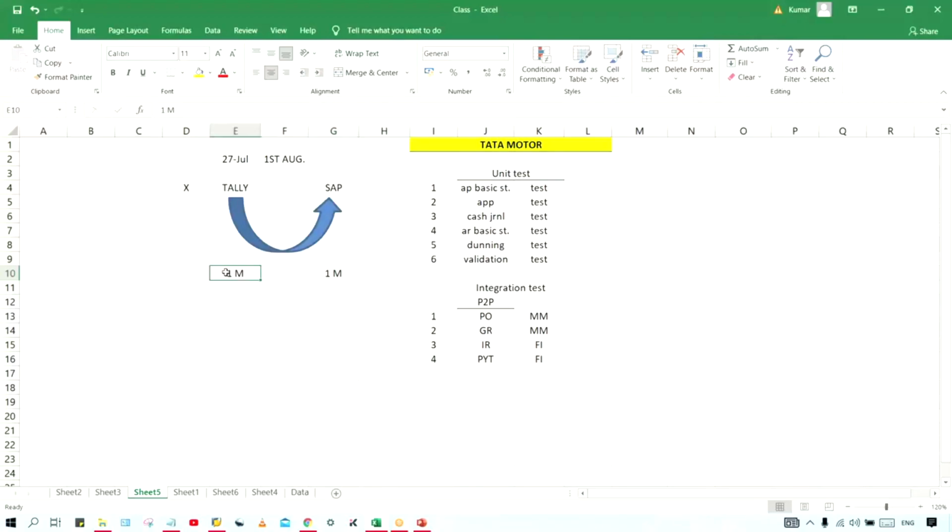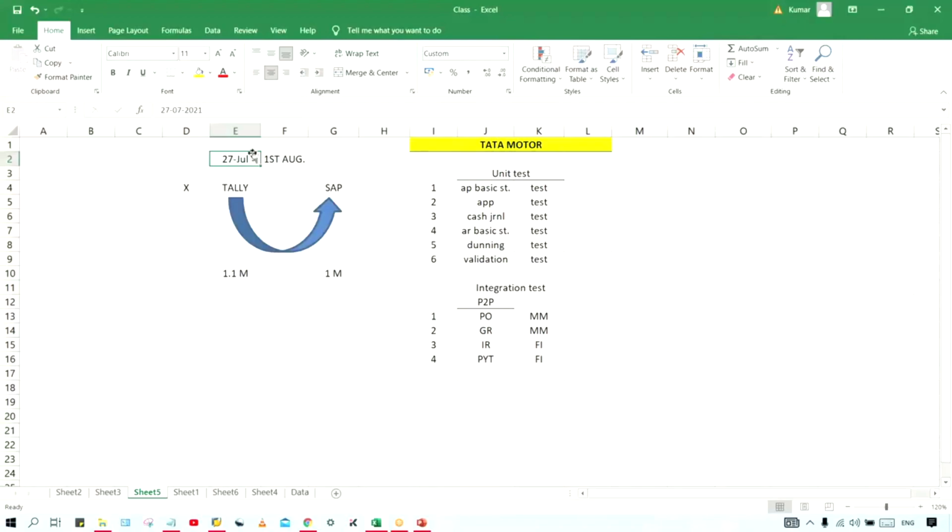If the transaction posting is not stopped, then the number of total transactions posted here is more compared to the SAP system, right? So whatever got posted after this data migration, it is very difficult to tally, right?